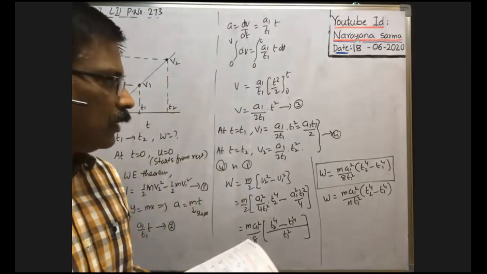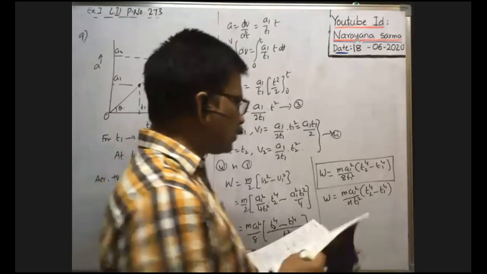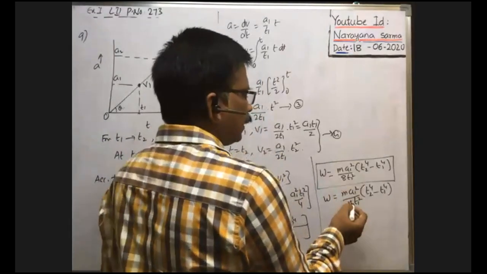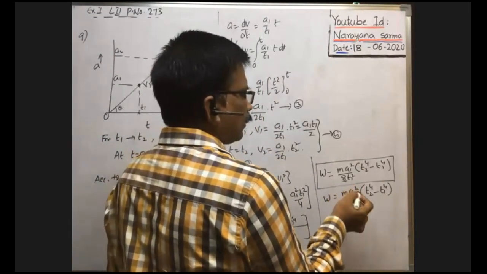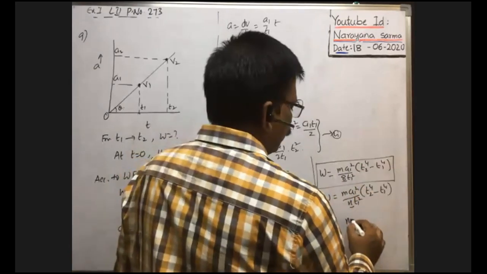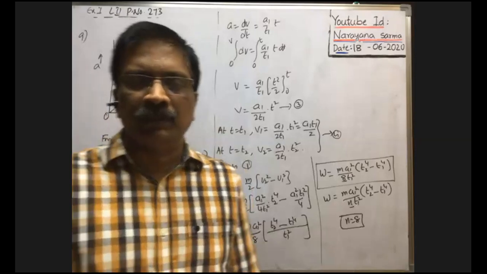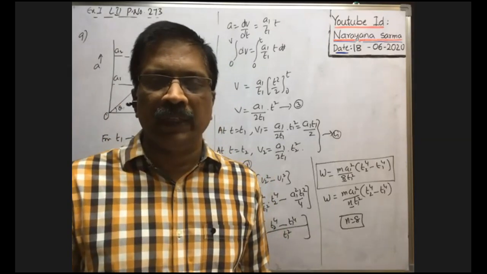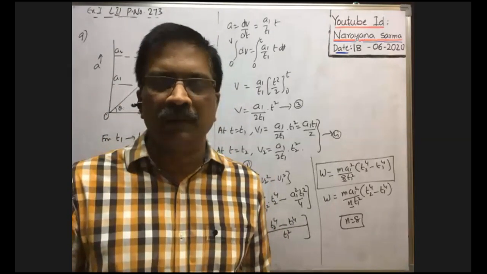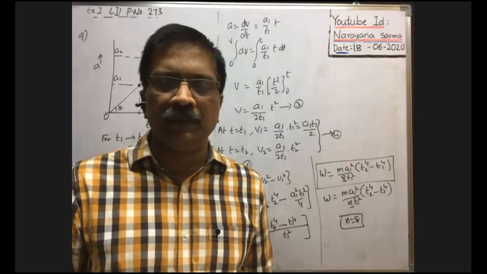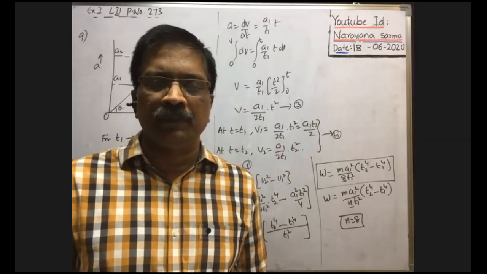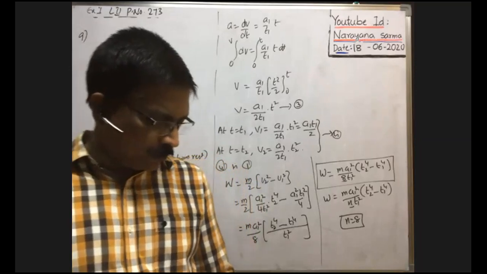So what is the n value they asked? When you compare these two, n is equal to 8. At the place of n, 8 is there. Remaining all are same. That's why n is equal to 8. This is the answer. N is equal to 8, you will get, no? N is equal to 8.